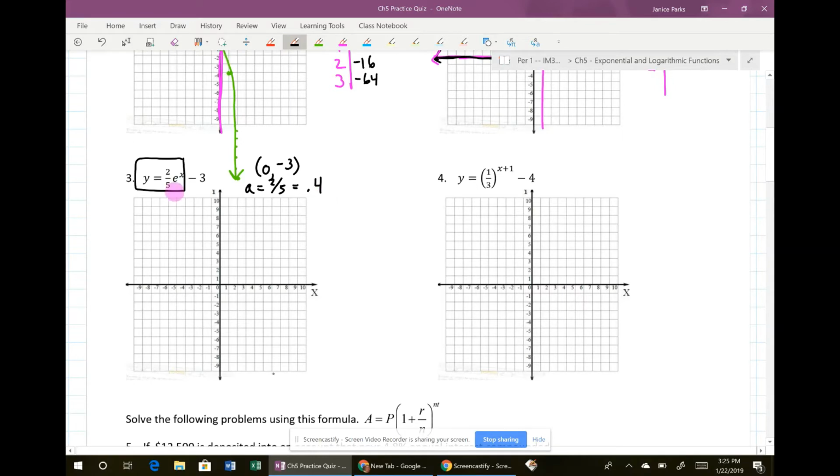The B value is E. Since you have to put it in your calculator as E to the first, I'm going to go ahead and put it in as E to the first as well. And the HK, or excuse me, not the HK, the asymptote is going to be Y equals -3. The XY chart